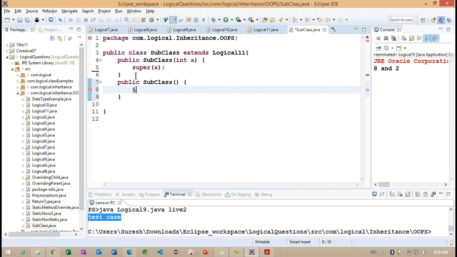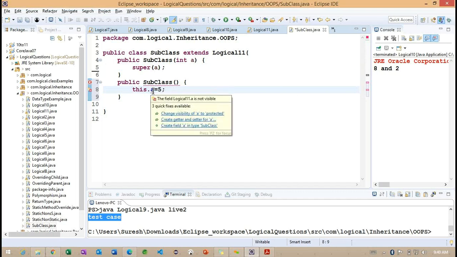If it is not going to take anything here, so let me write this dot A is equal to 5. So what happens internally? If I enable this, we are not able to access this.